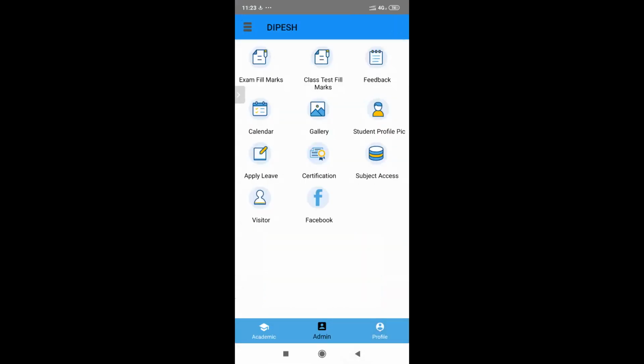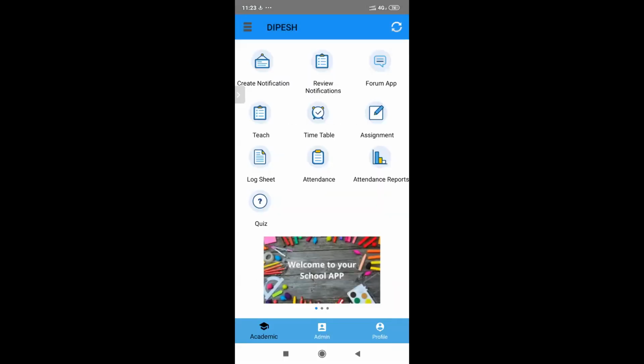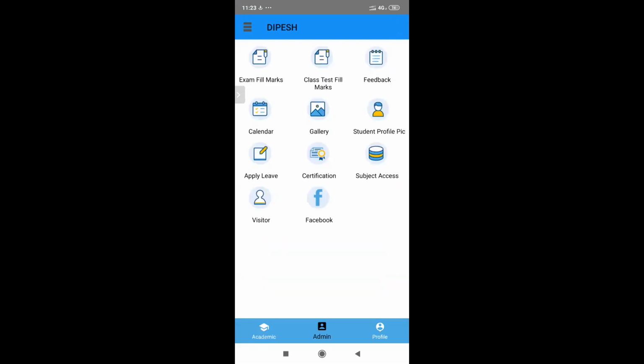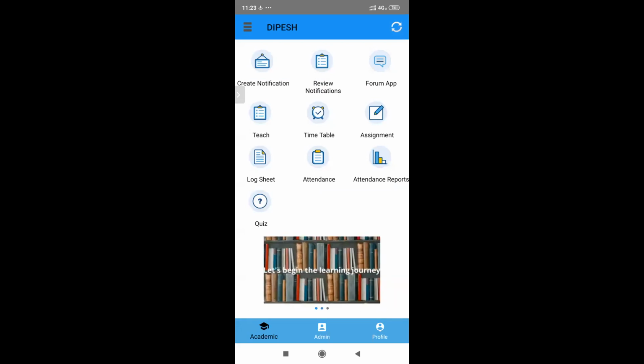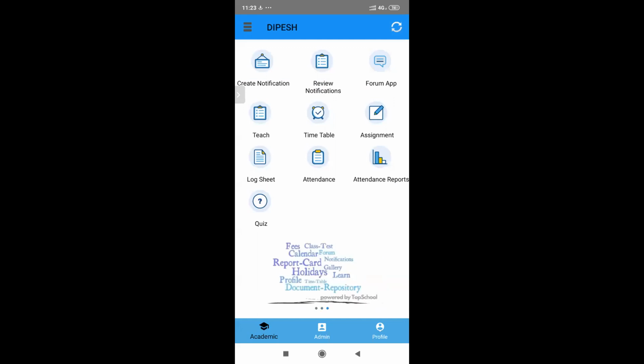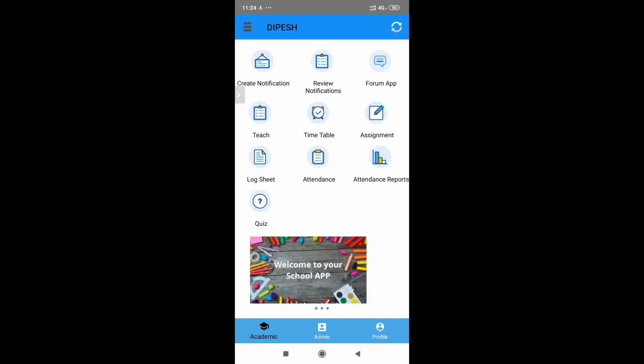For the teacher, first we need to give them access. But where is the icon? Is it available on the Teacher App, the doc repository? No, sir, I'm not able to see it. It's not available on the teacher app. We can give them module access for the document repository. If we share them in the documents, this option is not there on the Teacher App. Currently only admin can do that.